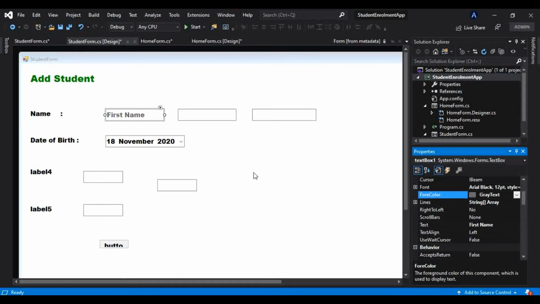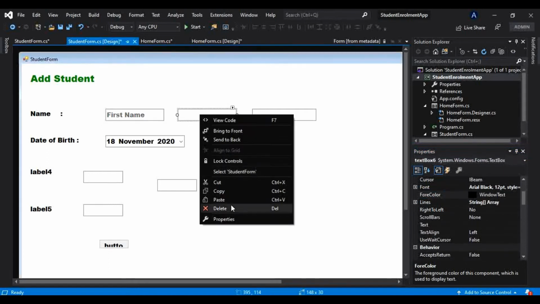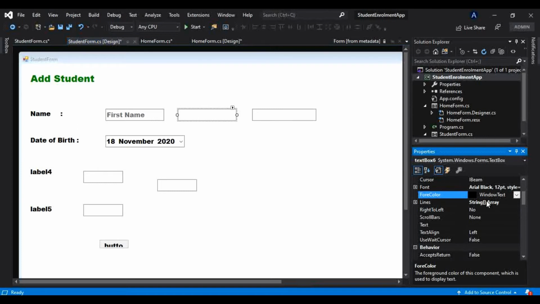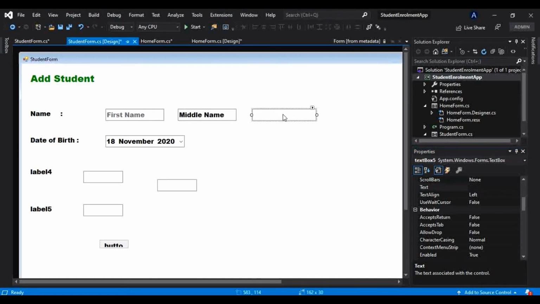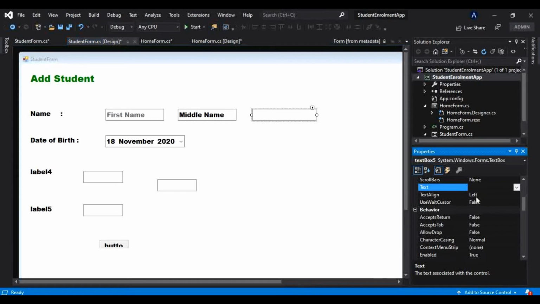Okay, so something like this, so that user will understand what he or she has to enter there. And I will change that here as well, and I will make the text as middle name, and here it should be last name.